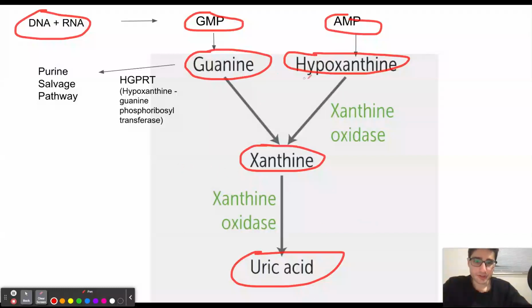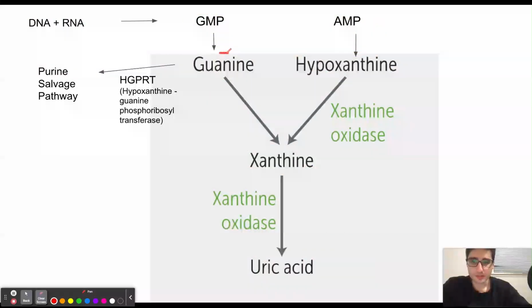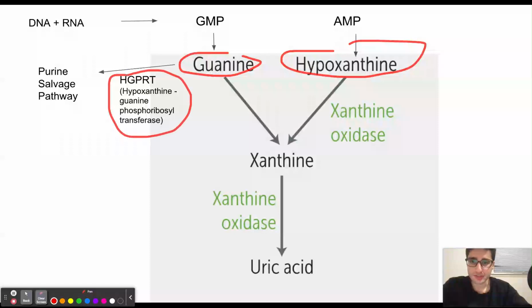Now, guanine and hypoxanthine can actually be salvaged by the purine salvage pathway, and this is a way for the body to conserve energy, because it is not going to have to regenerate purines from scratch when it is able to salvage guanine and hypoxanthine. Guanine and hypoxanthine are salvaged by the enzyme hypoxanthine guanine phosphoribosyltransferase. So the enzyme is HGPRT, which is the enzyme that is deficient in patients